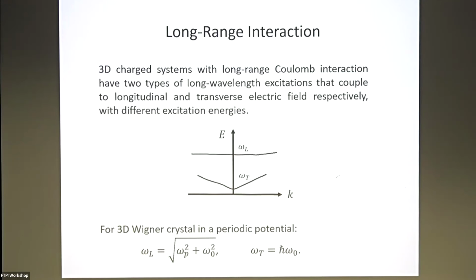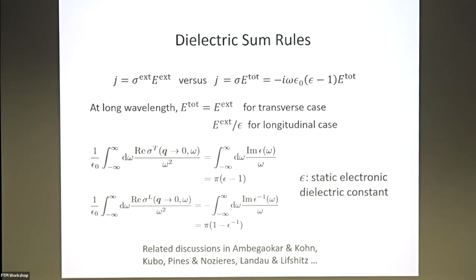The simplest example is that if you have a 3D Wigner crystal, we know that the plasma frequency is still finite, it's omega p, but there are acoustic phonons which vanish linearly at the zero wave vector limit, right? So if you have a Wigner crystal in a periodic potential, again, there's still a discrepancy between the energy of the longitudinal modes and the energy of the transverse modes. Okay, so therefore we have to be careful when we define the optical response of a solid to probe the energy gap. Are we talking about longitudinal or transverse? So the answer is that we can talk about both.